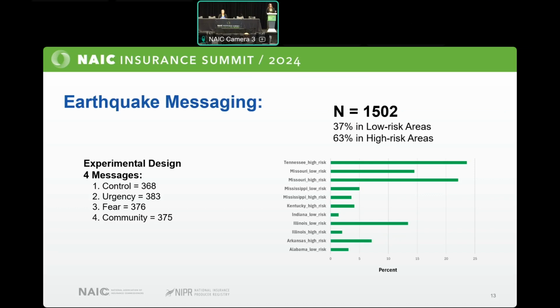So this year we wanted to test different types of messages, which one would work best in this scenario. So thinking about earthquake and preparedness for earthquake. So we had a control group, just like our earlier, right, experimental versus control. And then we had 3 different experimental conditions here, so a little bit more complex when it comes to the experimental design. And here we're looking at the differences between these three types of messages: